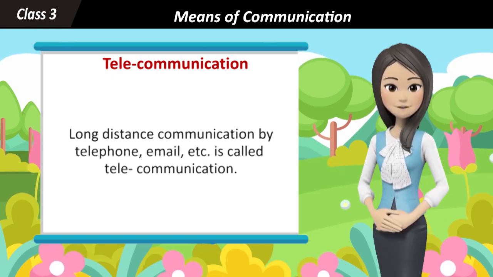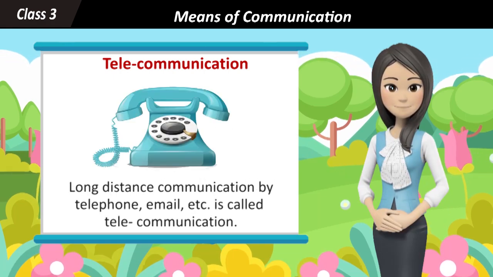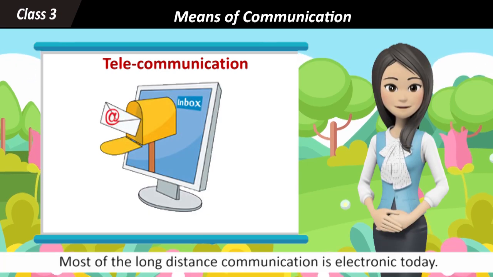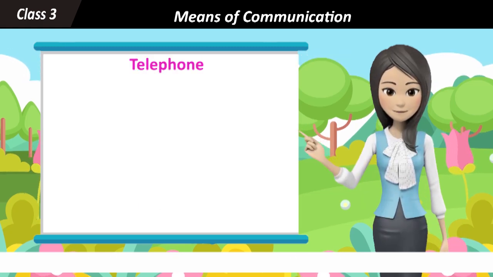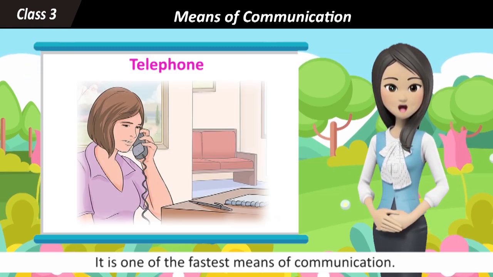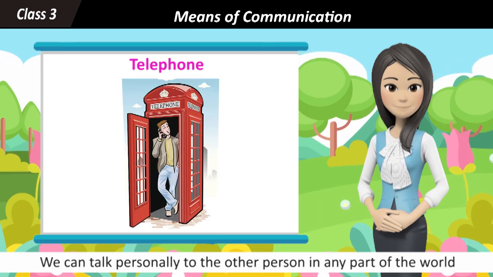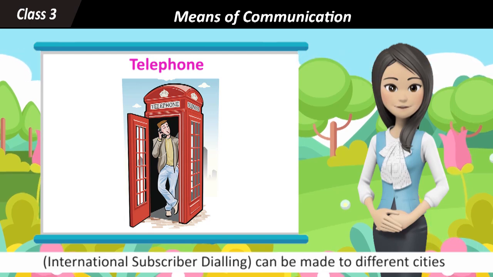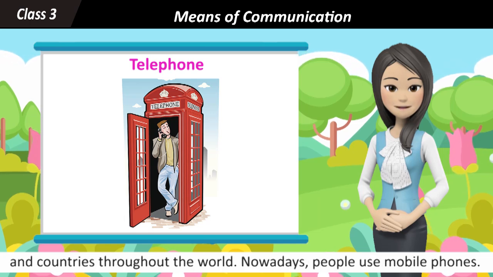Telecommunication. Long distance communication by telephone, email, etc. is called telecommunication. Most of the long distance communication is electronic today. Telephone. It is one of the fastest means of communication. We can talk personally to the other person in any part of the world over the telephone. Direct calls on STD, subscriber trunk dialing, or ISD, international subscriber dialing, can be made to different cities and countries